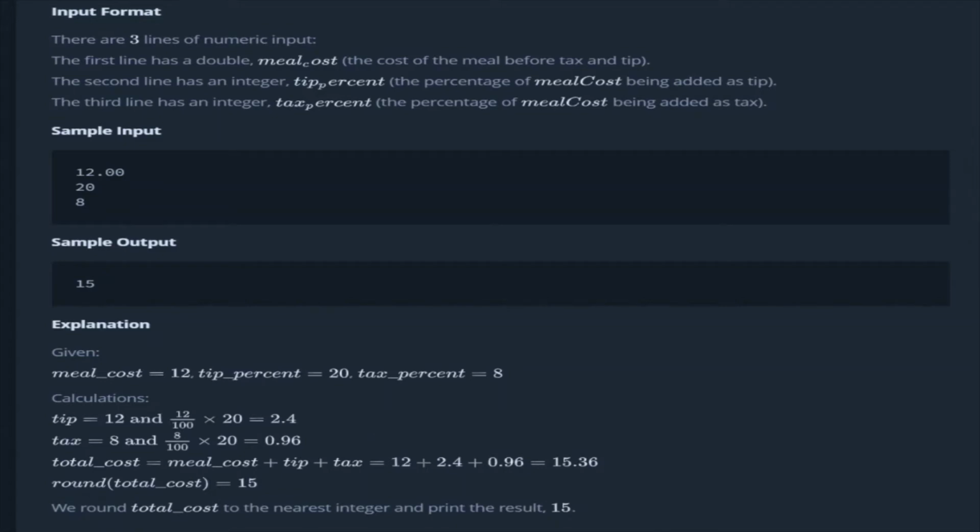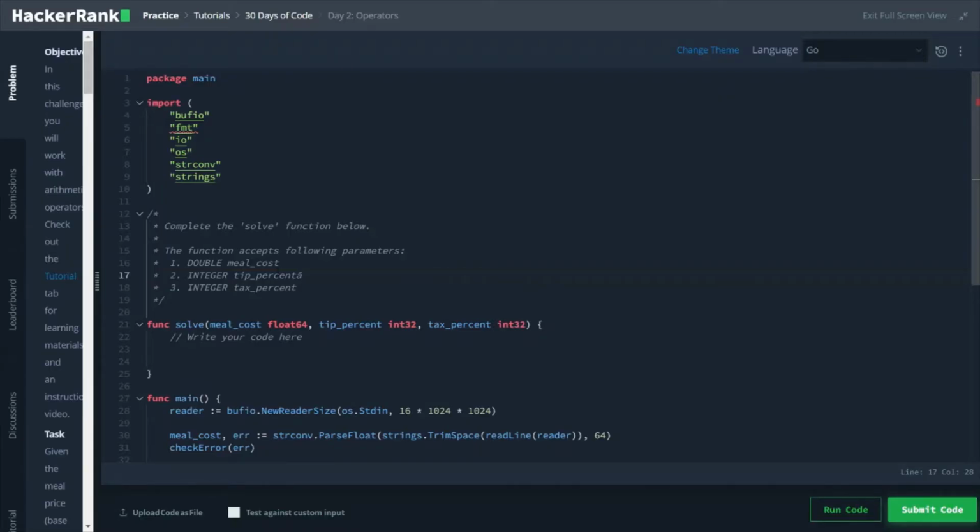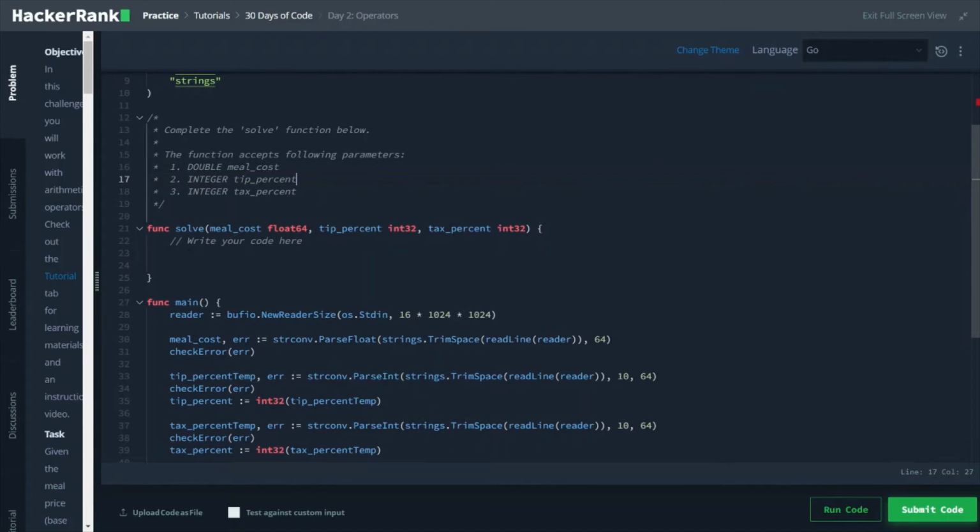So now let's go to the code. Hi friends, so let's start with the code. This is the code they have given already, and we have to write the code inside this function. This function has three parameters, which are meal cost, tip, and tax percentage.